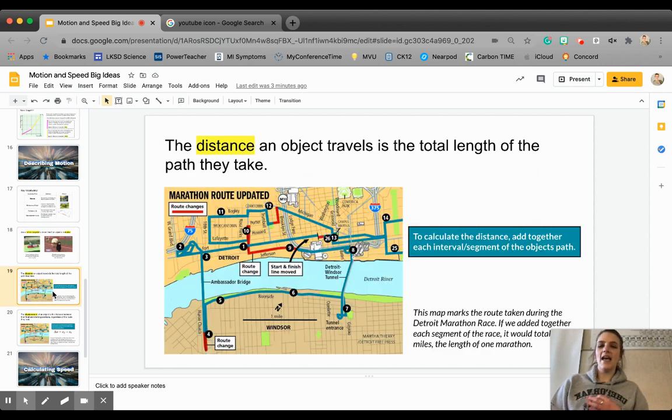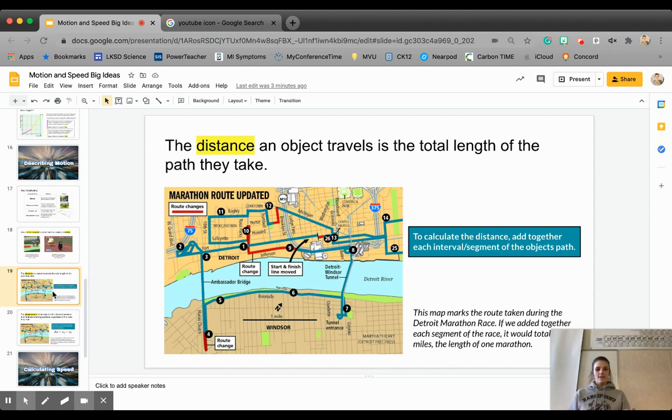So now we can look at the difference between distance versus displacement. So an object that is in motion, we can measure the distance that they traveled. So every object that's in motion is going to have a starting position. They're going to run around a field. They're going to walk around a building. They're going to go through a grocery store. They're going to drive around town. Wherever they're going, the path that they take to end up at their final position is what we call their